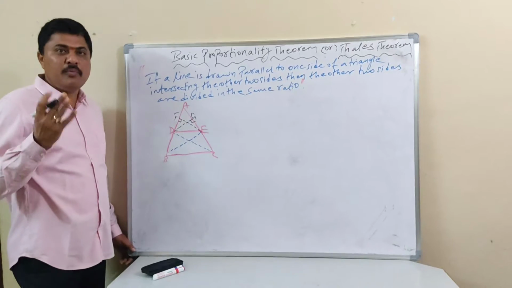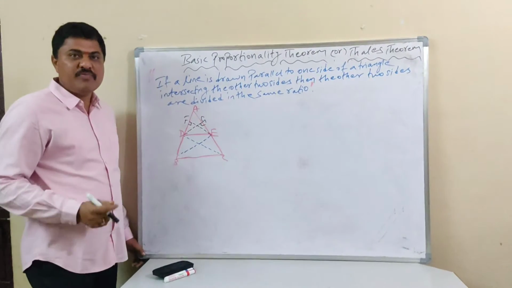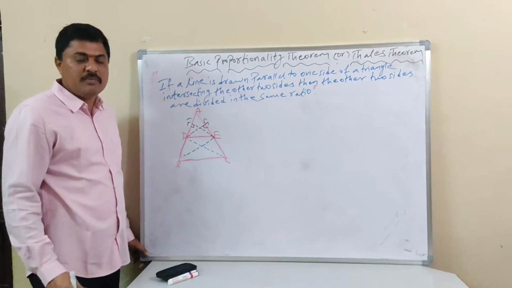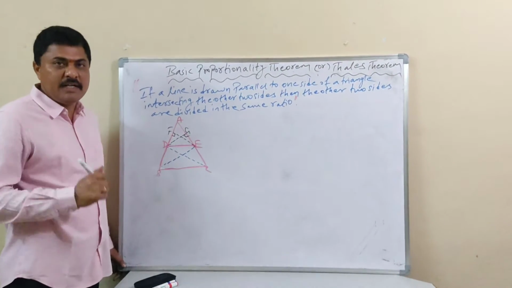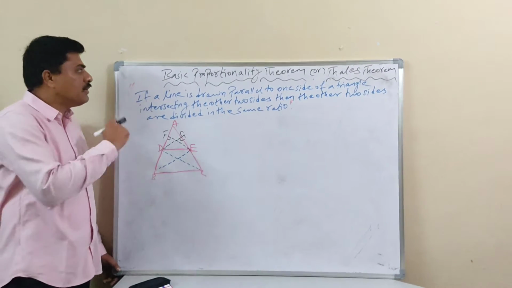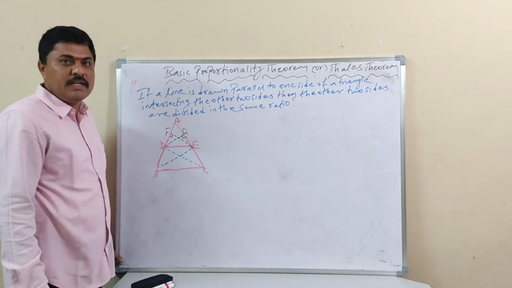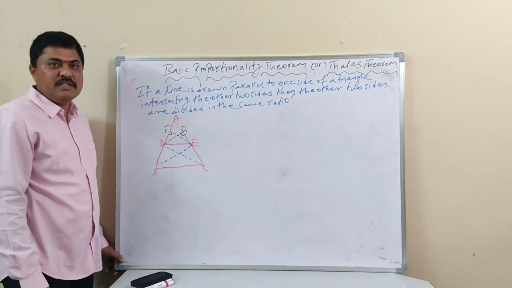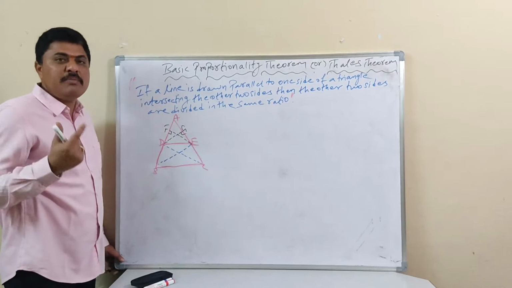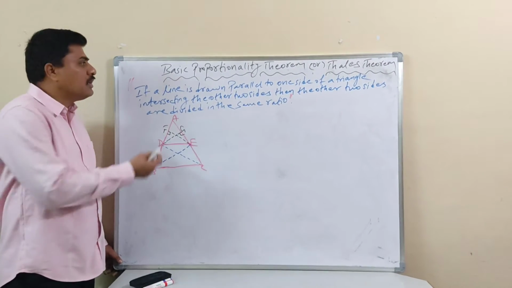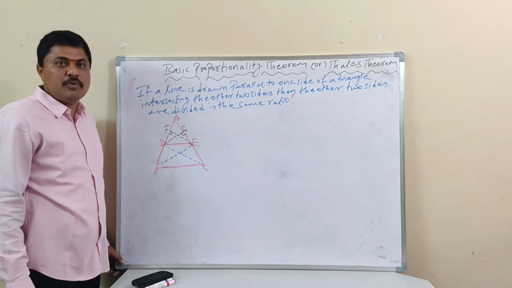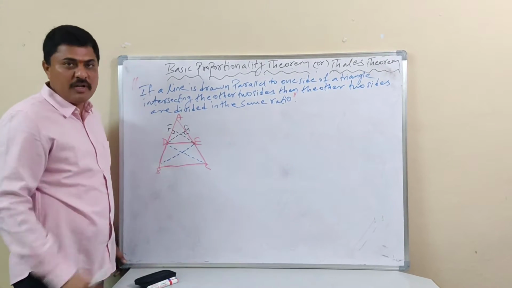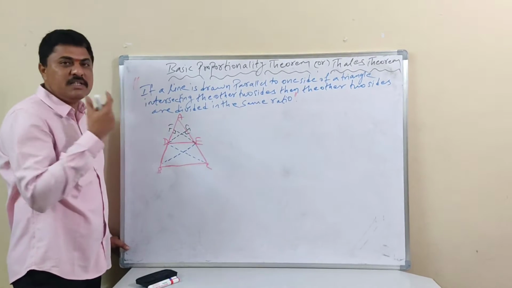We have three important theorems: the BPT theorem, the Pythagoras theorem, and the ratio of corresponding sides theorem. We will see them in detail. Today's concept is based on the basic proportionality theorem. For your better understanding, I have written the statement here, my dear students. A question may ask for 1 mark or 2 marks: write the statement of the basic proportionality theorem. If the proof is asked for 4 marks, you have to prove everything. So first, what is the statement?